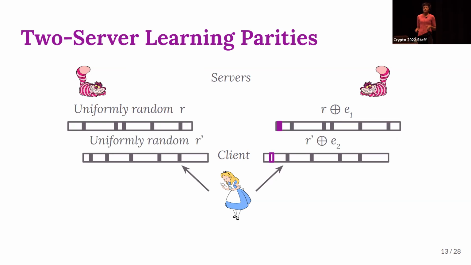Continuing on, the client will then send R prime to the first server, and then R prime with the second bit flipped to the second server, and continue on, flipping the third bit, flipping the fourth bit, and so on. Here we'll just note that each server's view is completely uniform random queries,